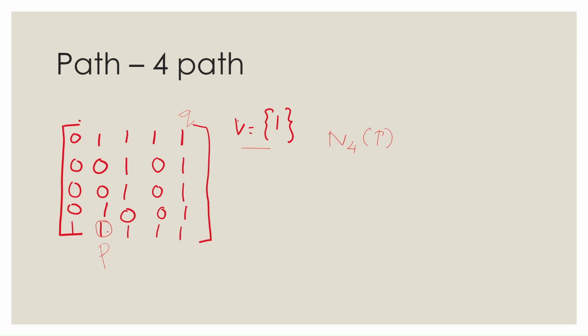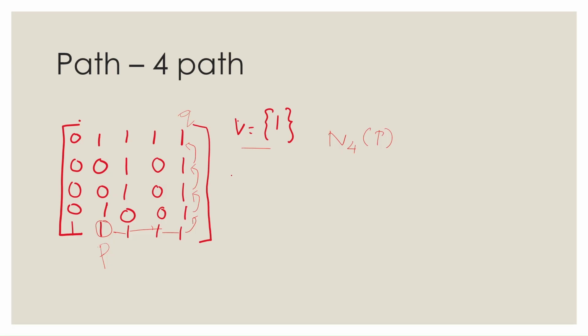Then we have to check for the horizontal direction. For the horizontal direction, if you move across, it goes to this pixel 1. After this one, either we can move towards vertical or horizontal. Vertically there is 0 only, so we will go for the horizontal. Then again we have to check for vertical as well as horizontal. No vertical direction, so we will go for the horizontal. Then we will go for the vertical. There is no horizontal, so we will go for the vertical. Again we will go for the vertical, and again the vertical. Then we will reach the Q.